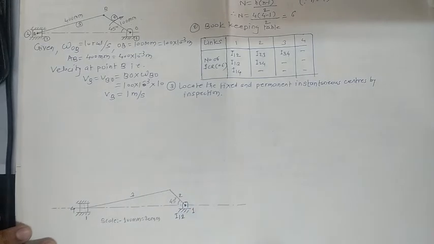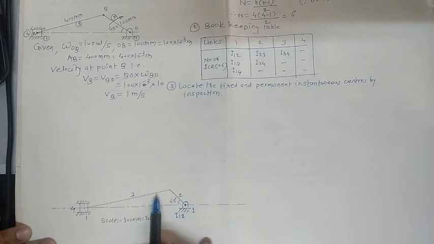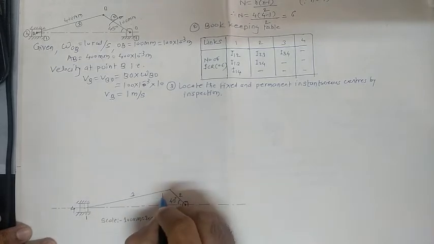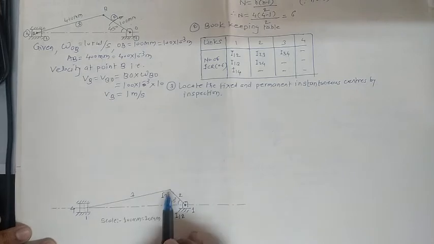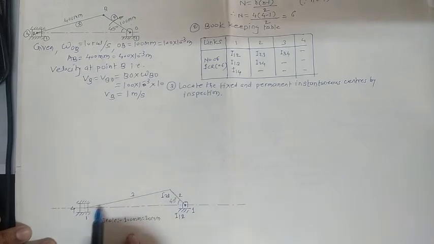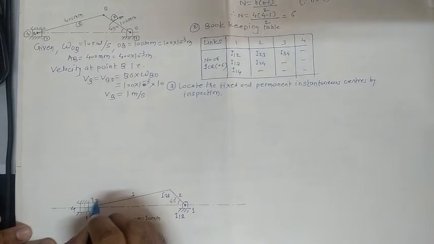Once this is I12, next, link 2 is connected with link 3. Number 2 link is connected with number 3, so give the name for this one as I23. So this indicates I23. Number 3 is connected with number 4, so give I34. The I34 name is given for this one.